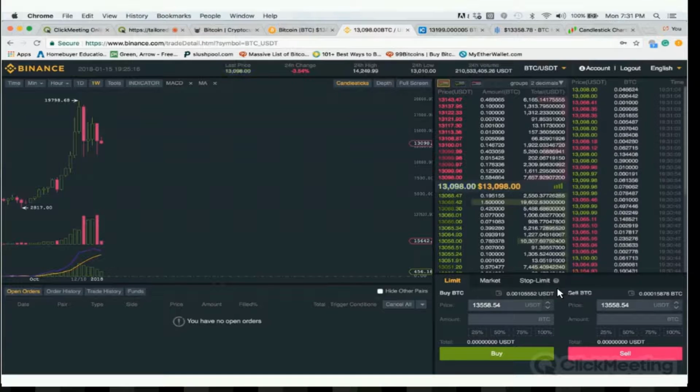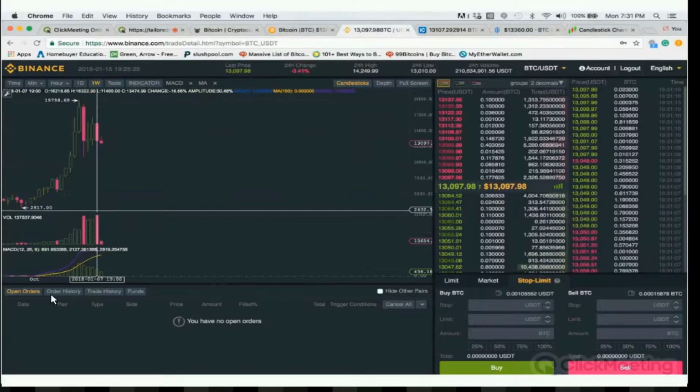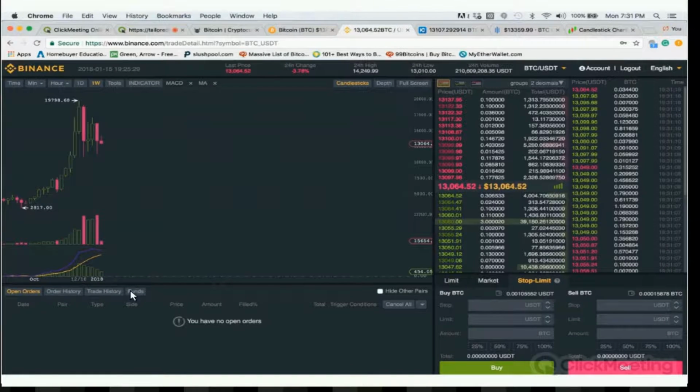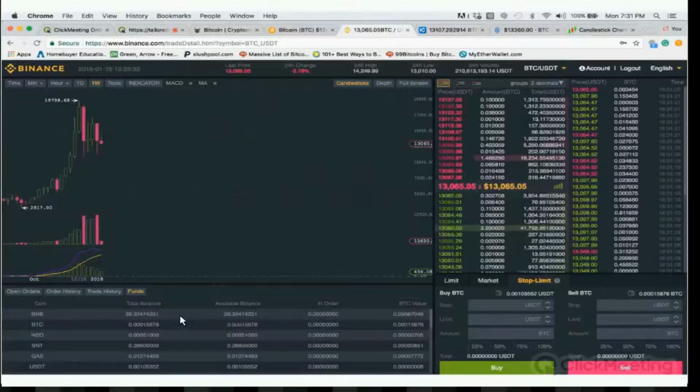And you'll have your execution boxes down here with the limit, market, and stop limit orders. And you'll probably see your open orders, order history, trade history, and funds. And the layout might be different in every exchange, but for the most part, these are four different attributes that